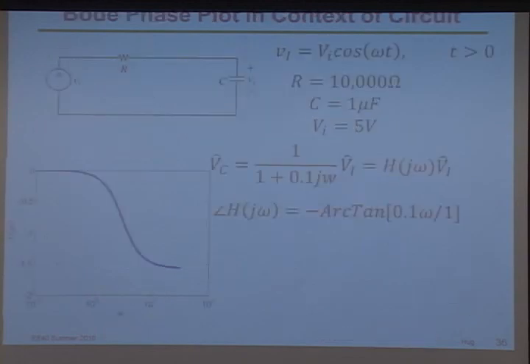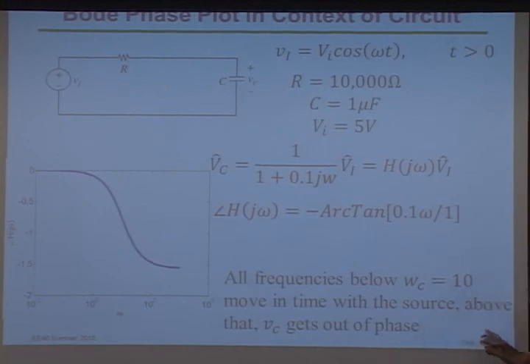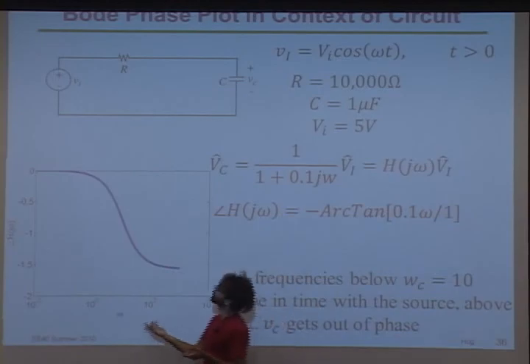So basically, if you look at this plot, the idea is that if you have a signal which is pretty low frequency, the capacitor voltage will move in time with the source. And above that, it'll get out of phase. So this is important because if you have, suppose this was some audio